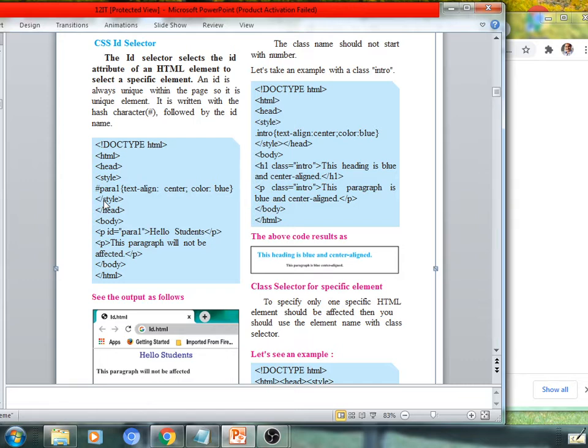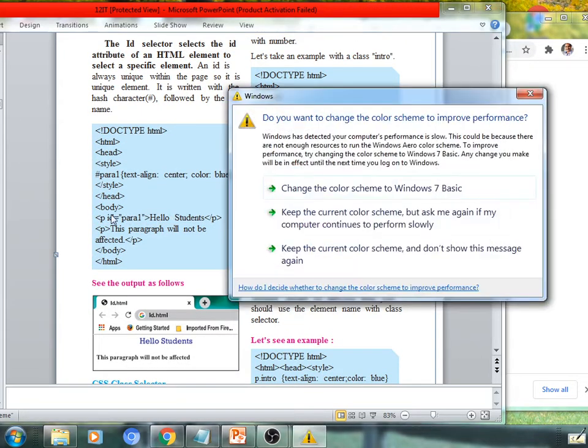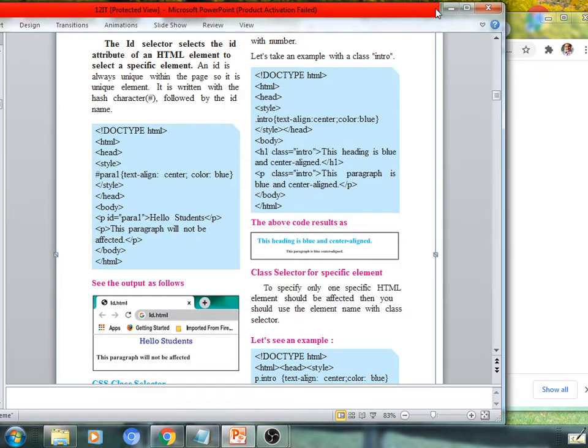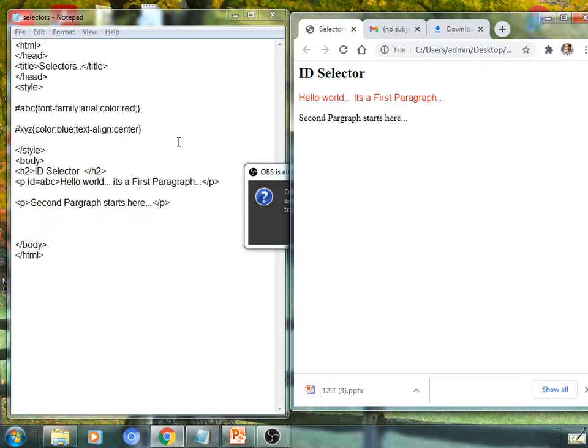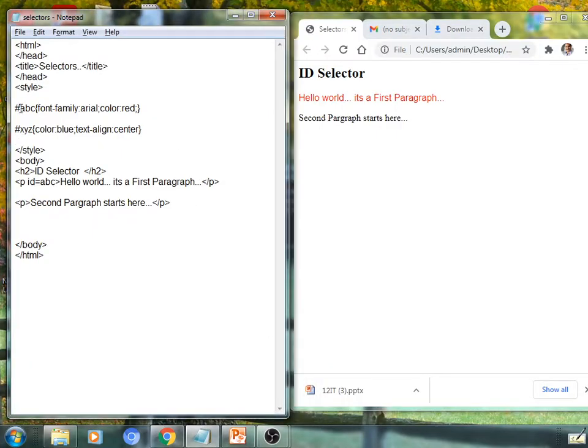We will observe such an example practically. See here, we have given a particular code for a typical file, and its output will be checked.